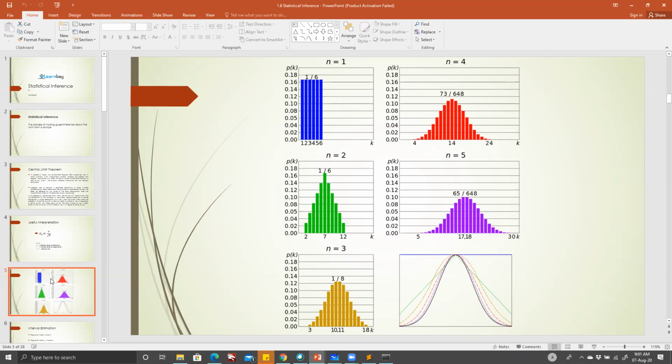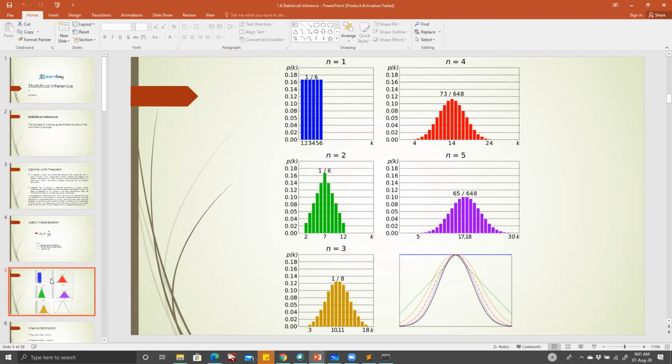Yes, sir. So the way I'm assuming is basically, what is the number of trials you are taking in this? So n is equal to 2 means there are 2 dice, add both of their numbers. So the lowest number you can get is? The lowest you can get is 2 and the maximum you can get is 12, isn't it? So see, your graph is kind of concentrated in this.